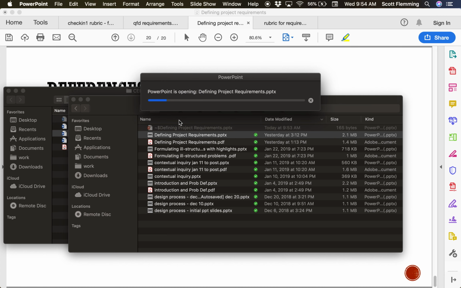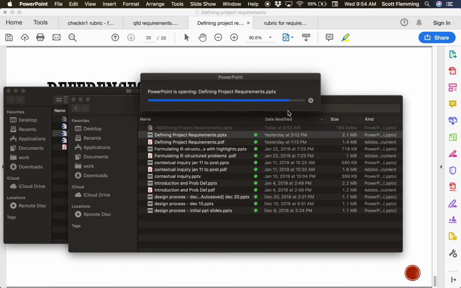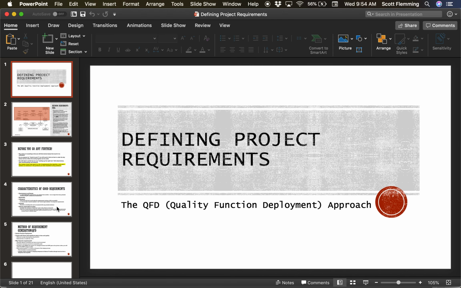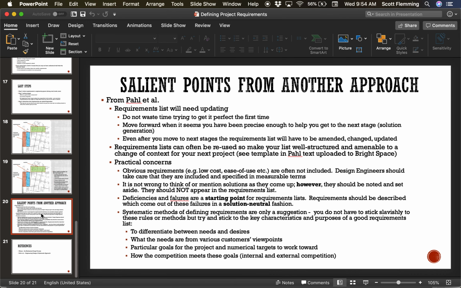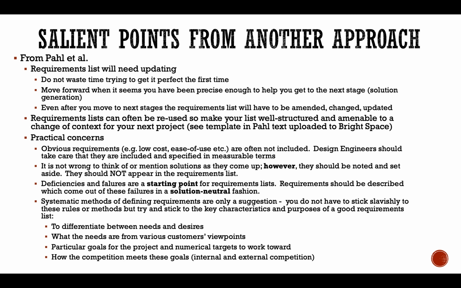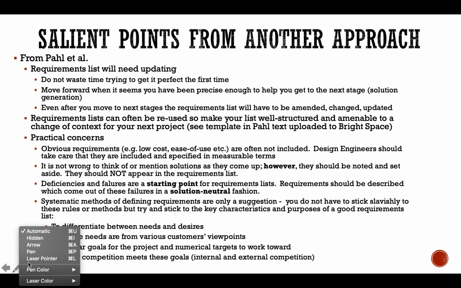The last little bit, I uploaded another few sections of a chapter as well. And so I just summarized that briefly and violated some information presentation rules in that there's a ton of information on this slide. However, keep in mind that your requirements list will need updating,